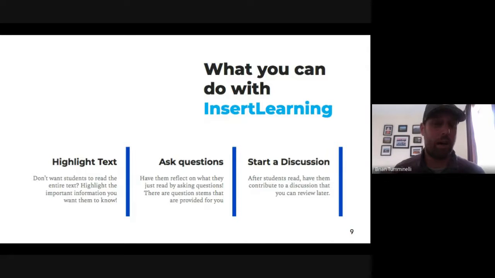What's great about InsertLearning is not only can you ask your own questions, they do provide stems for you to quickly insert. If you, for example, want them to paraphrase, to summarize a paragraph, there's a stem for that. Or identify the main idea of a paragraph. You can just click and insert that stem, and I'll show you how that works. You could start a discussion and have students discuss and share answers in a non-question format, so non-assessment, but you could see, hey, I want